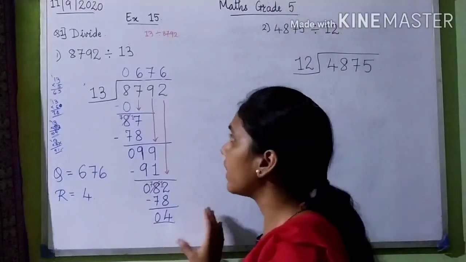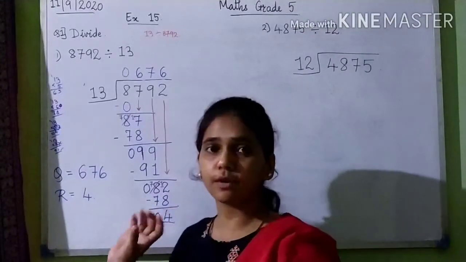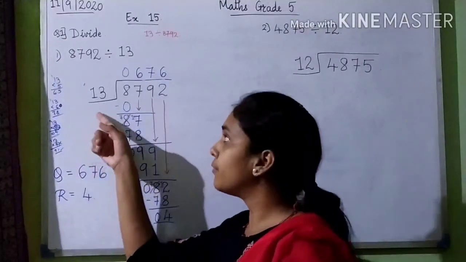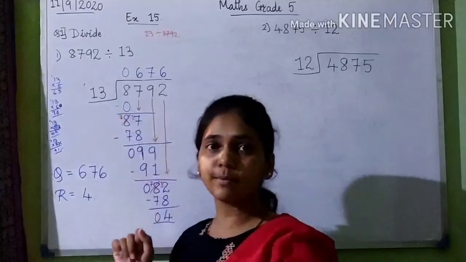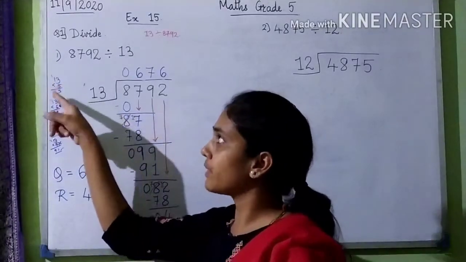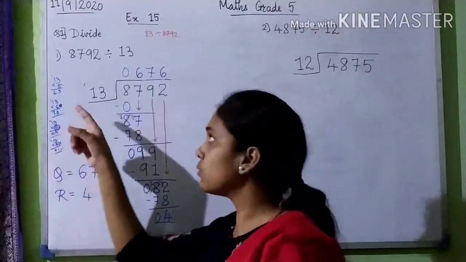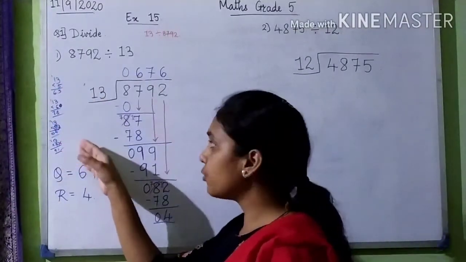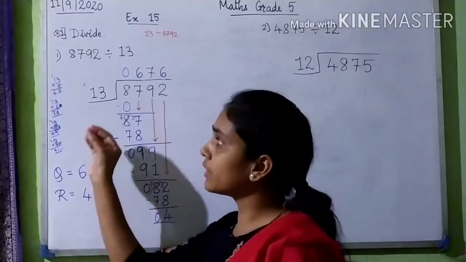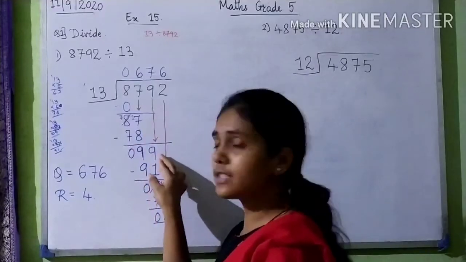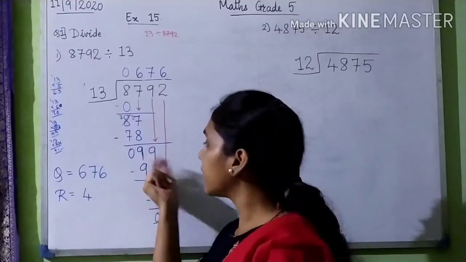Okay. So in this way you do the division of a 4-digit number by a 2-digit number. For this you need to know the multiplication table of 13. Okay. And even if you don't know, you have to check by multiplying each number. Like see what is 13 into 5, then what is 13 into 8. Like that you check, and see if you get a number which is lesser than or equal to the given number.